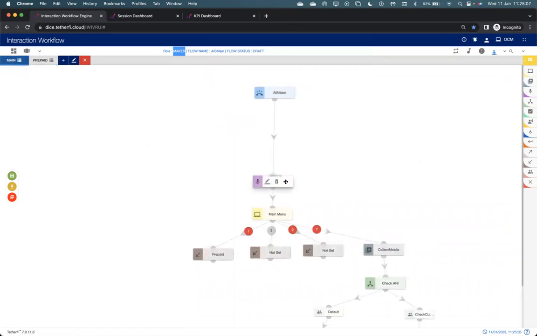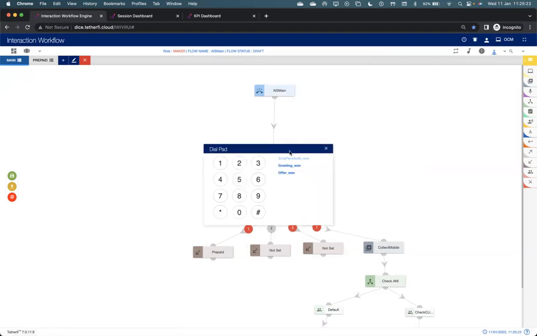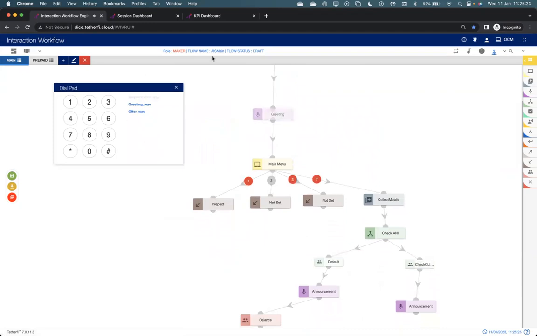One of the key features that we have designed in this application is, once you've developed the call flows, you have to pick up the phone and dial and see how it sounds. Rather than doing that, you can just right click over here and you see multiple options, right? You can click play and it basically plays out the entire